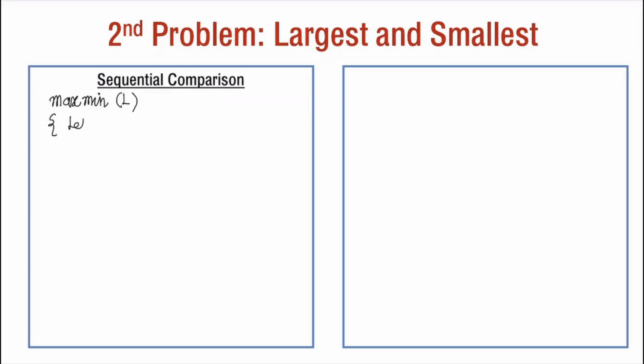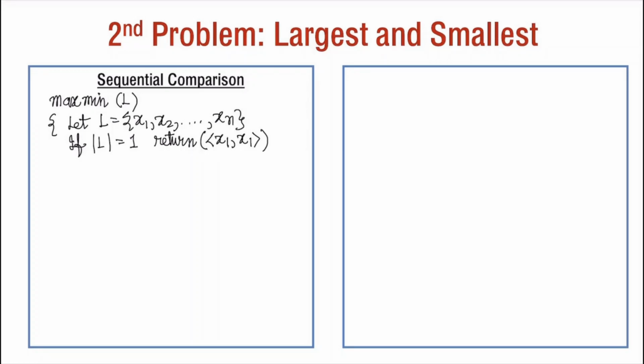And what we say? We say let L equal to x1, x2 up to xn. Again, our base condition is if L is equal to 1, there is only one element. Please note that this will return two elements, the max element and the min element. And suppose we first return the max and we return it in a pair of max and min. Because here there is only one element, it will return like this. Otherwise,